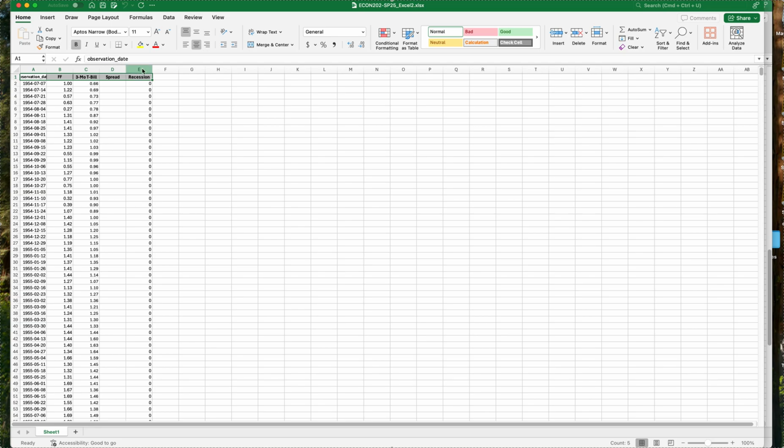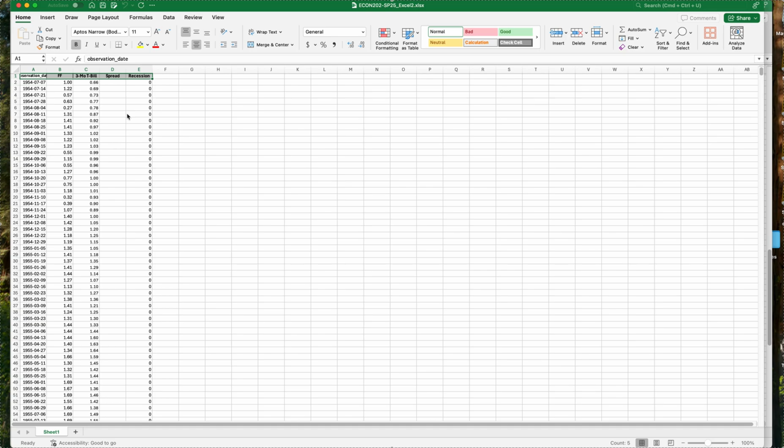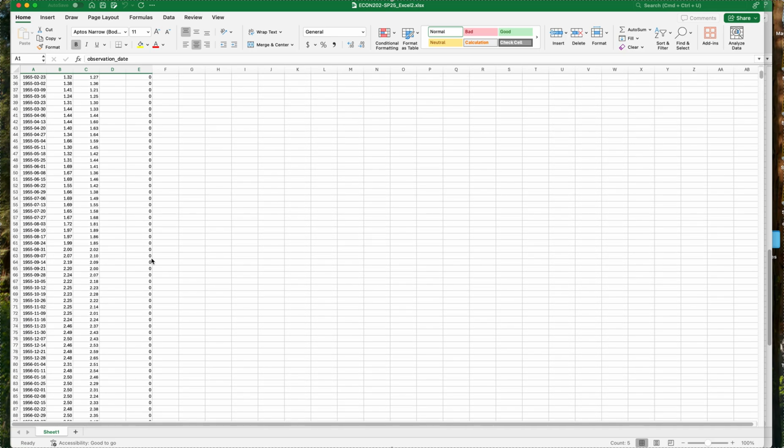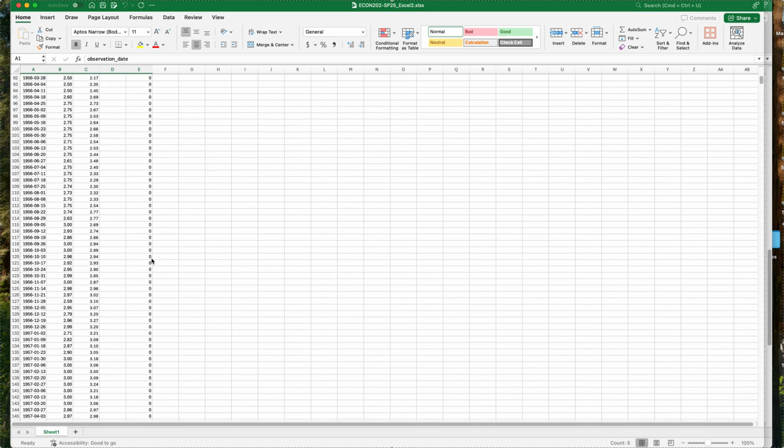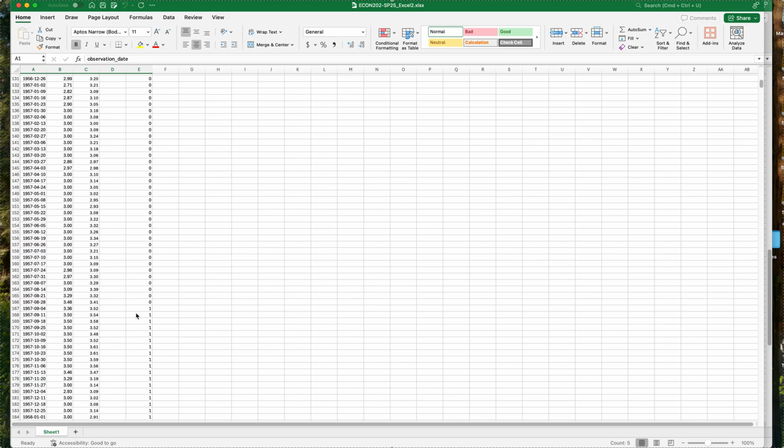And then in column E is a recession indicator. It's binary. It's either 0 if we were not in a recession that week, or 1 if we were. So in all these weeks, we were not in a recession. But then we come down to the first one here, on September 4th, 1957, when we were in a recession. That's a Wednesday, so the week of September 4th, we were in a recession, therefore it's